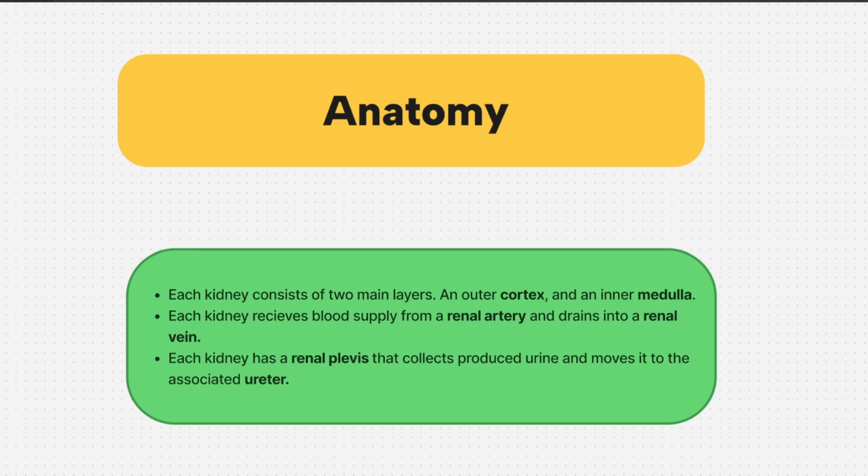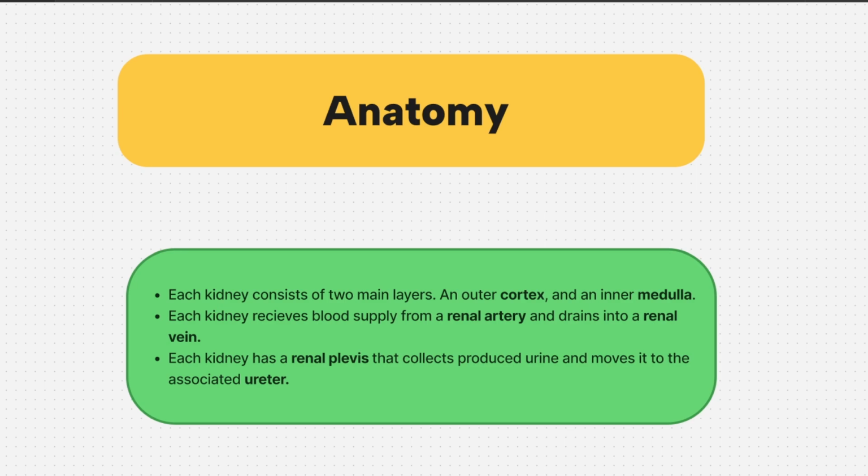So this artery, the renal artery and renal vein, are the main blood supply that, as we said, carries that 25%, or 1.2 liters every minute, to the kidney, to each kidney. And now every kidney has a renal pelvis that collects produced urine and moves it to the associated ureter. So if you didn't know, obviously, like we said, the kidney is the filter of the blood,